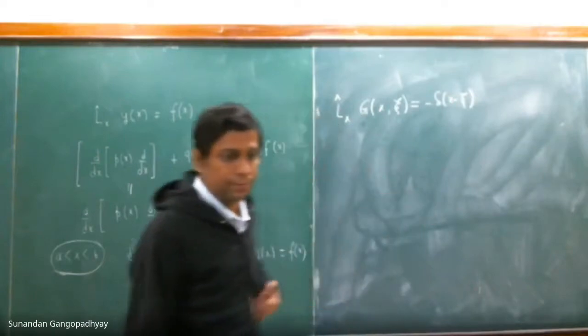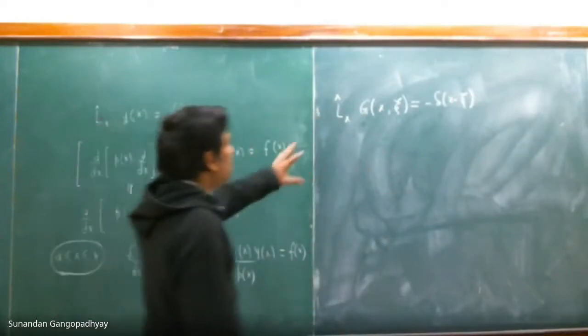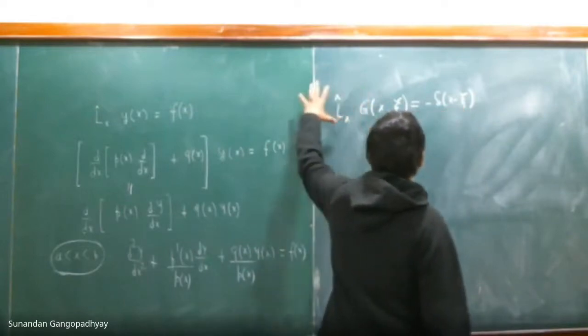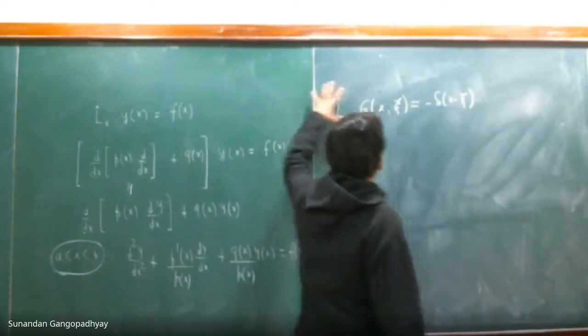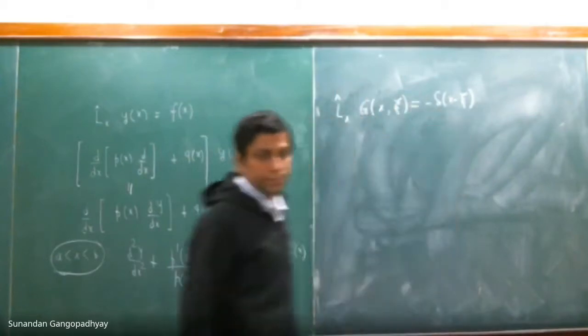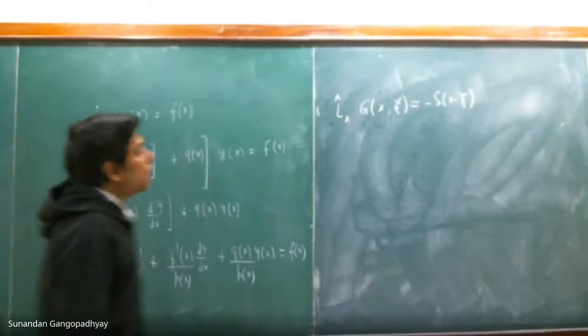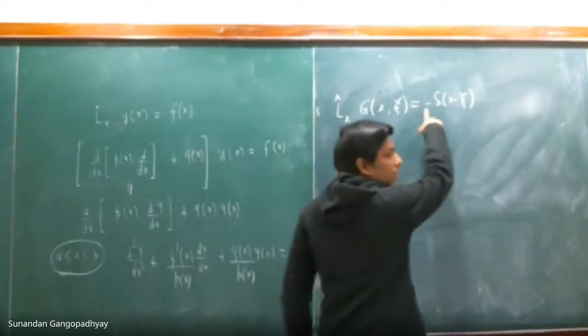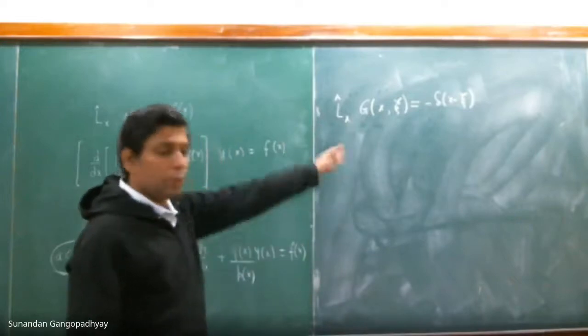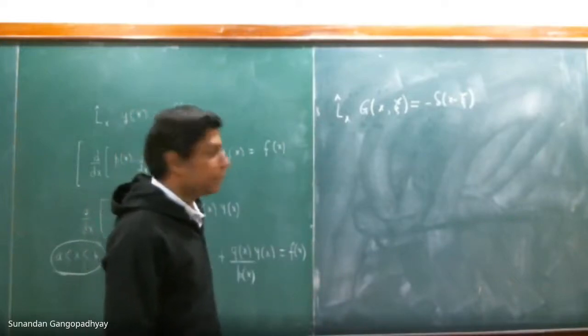So this Green's function in this case is a one-dimensional Green's function. By definition, it is the following thing: the operator acting on the function gives you a delta function. This plus or minus sign is your choice, it is your convention. You can put a minus sign, you may not put a minus sign. I have put a minus sign here. Okay, so this is by definition your Green's function.